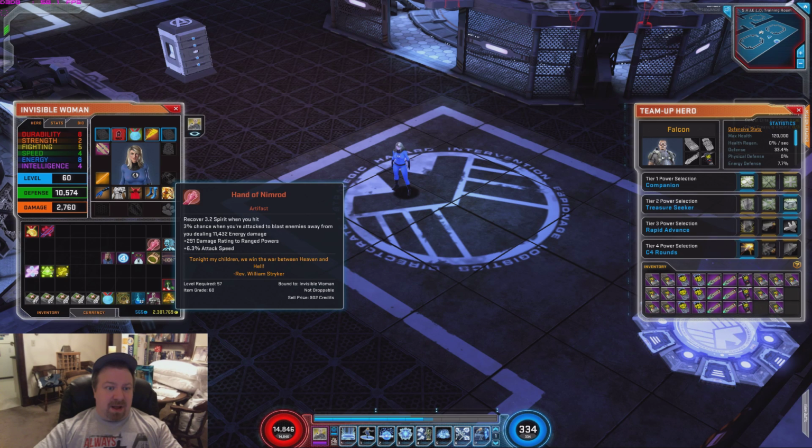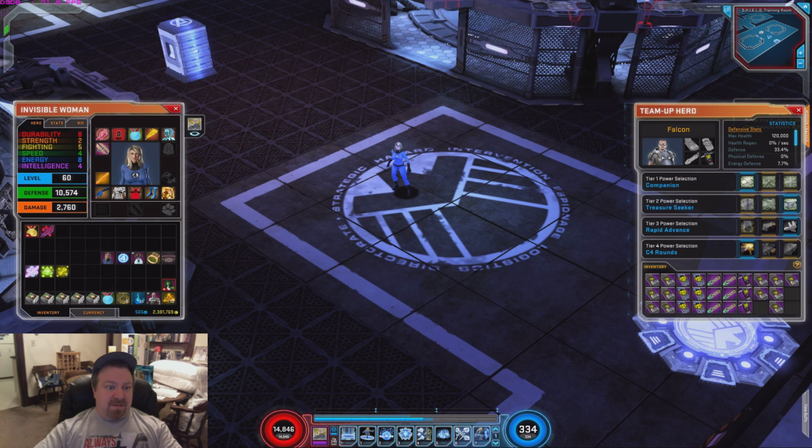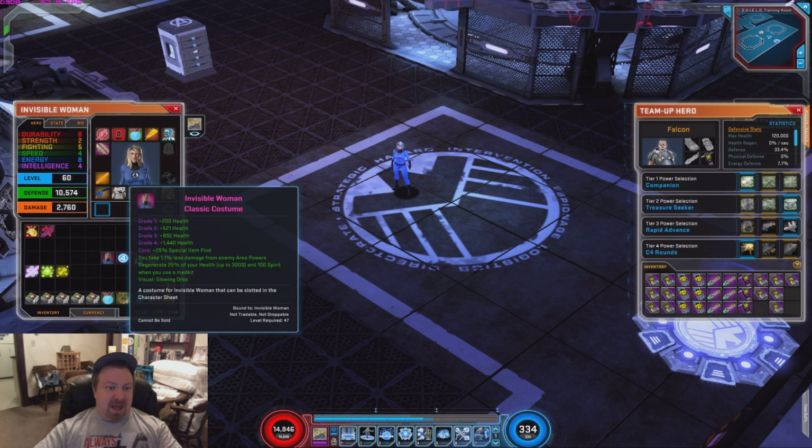The Hand of Nimrod gives you spirit on hit, damage rating to range powers, attack speed, very nice. And energy, 383 energy damage rating, danger AI chip. These are pretty fun. And to make her very, very tough, I got health